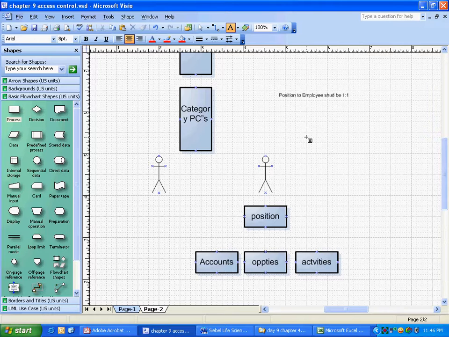But let me tell you the truth: Siebel allows many to many. For one person, there can be many positions. For one position, there can be multiple employees. But we don't recommend that. We recommend one to one. I explained all the reasons.